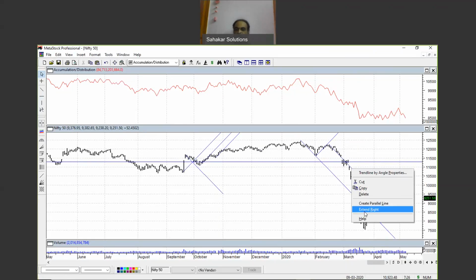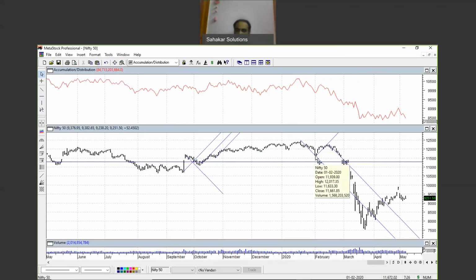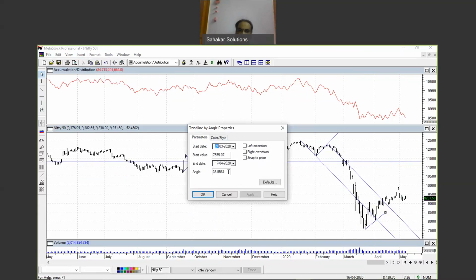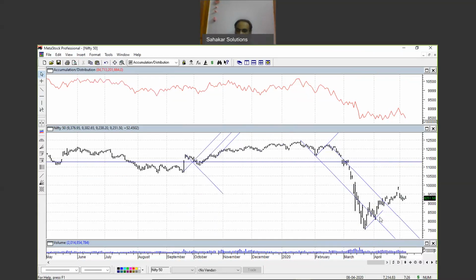Okay. Now, as you can see, the important trend line drawn from here and extended is where the price took support again, and it forms a very important trend line. After making a bottom here, because we have a bottom here, we draw another trend line from the bottom here. Here you will see. Right. We have another trend line. Here we make it 45 degrees, and we extend it.